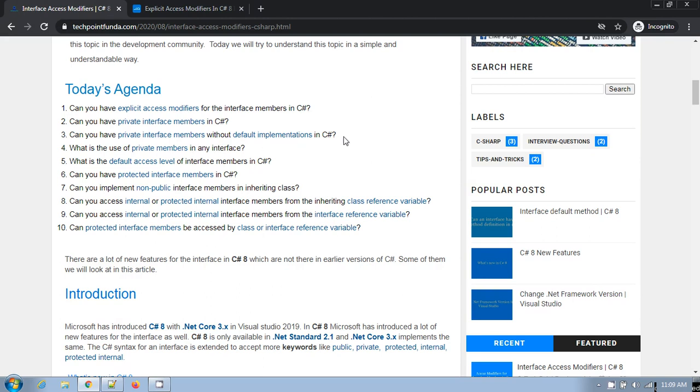No. If you are trying to have a private member, whether it is a property or method, then you have to specify the default definition for that particular member. If you do not provide any default definition, then it will generate a compile time error.